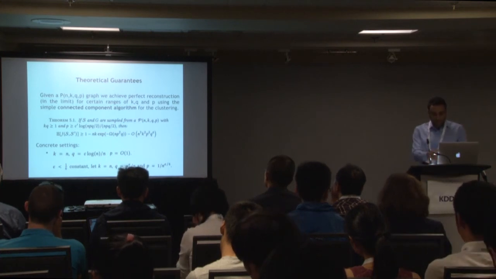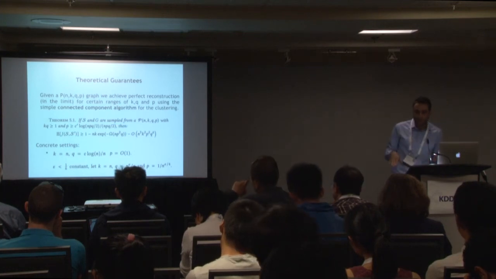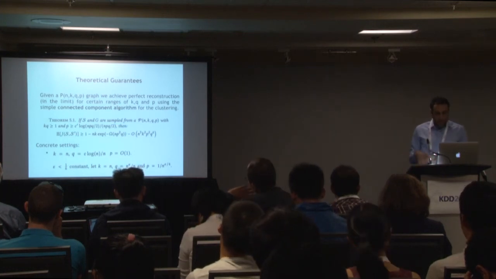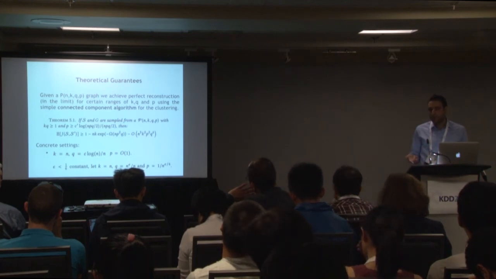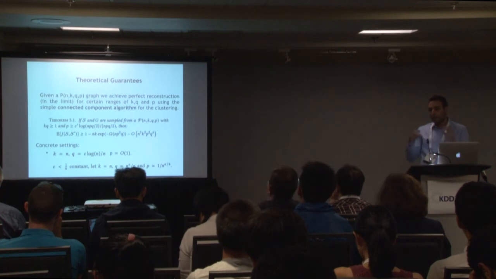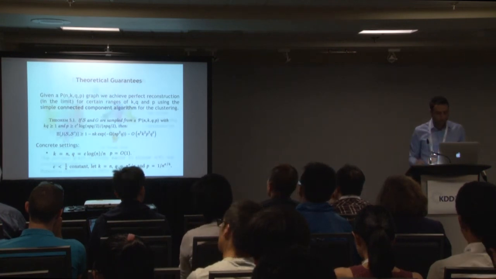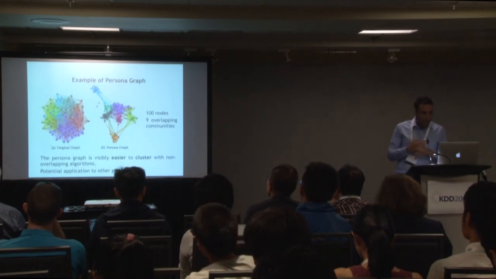But for this specific range, again, we can identify the correct communities. I don't have time to enter into details, but the way we show this is that these communities, for these ranges of parameters, are connected not only in the original graph, but also in each egonet. The egonet splits them correctly, so each community is not connected in the wrong way. Now we give some examples.